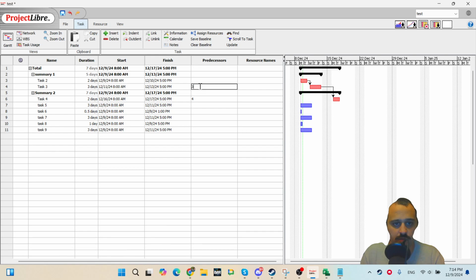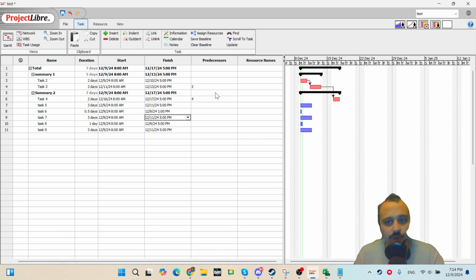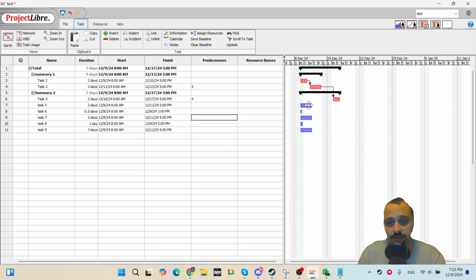Okay, predecessors is 3. And I want to give the predecessor to 7. Let me try to type it manually, see. Yeah, same error. So ProjectLibre requires effort for improvement on link logic. Basically, what I believe is they made a mistake on this check. This should not be an error. This is a valid link that you can provide, and